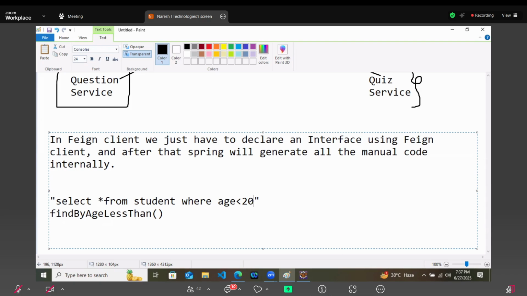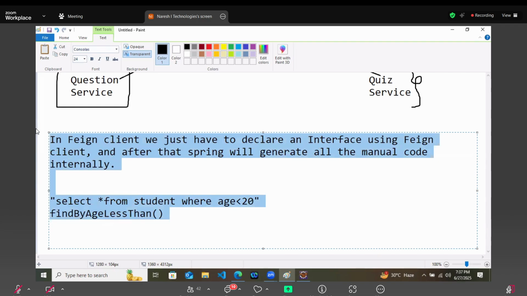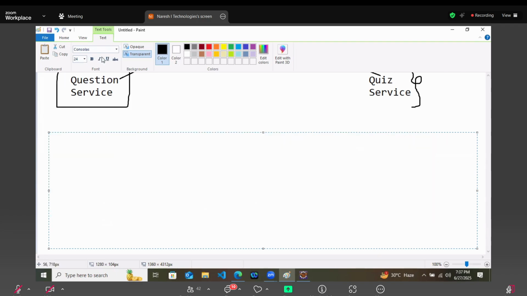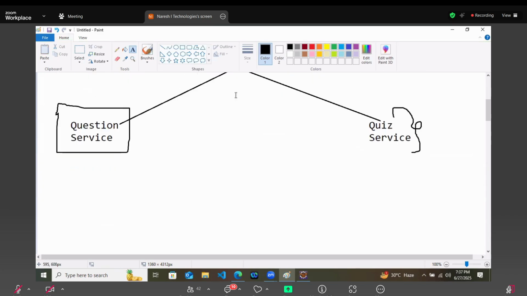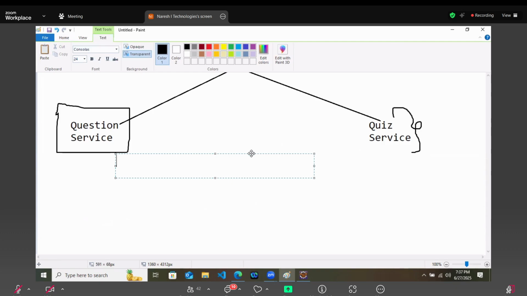Now let me tell you what I want to achieve in this project. We are not going to build any front end in this project. We will only make the back end because it will take a lot of time. I have already told you about integration with React and about Thymeleaf, so you can use anything.